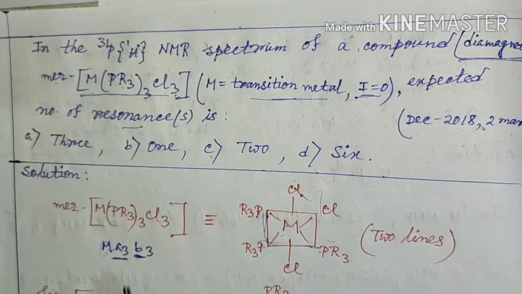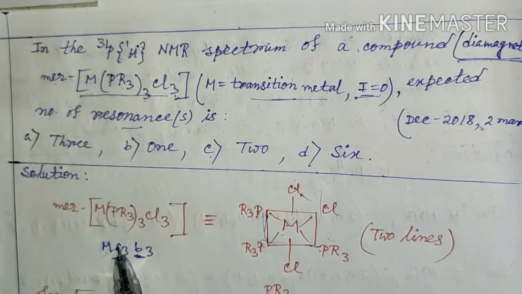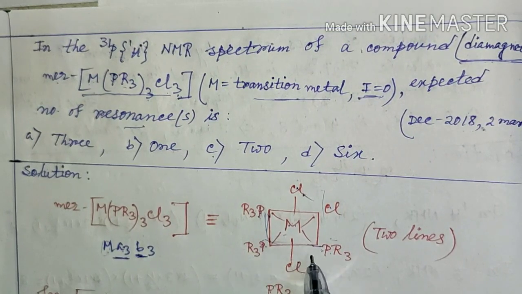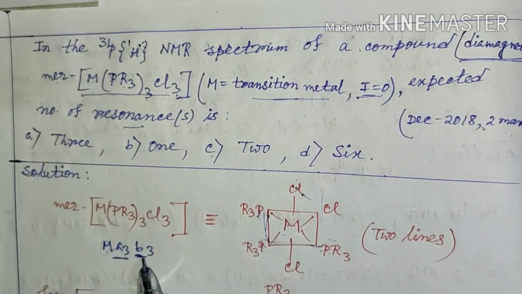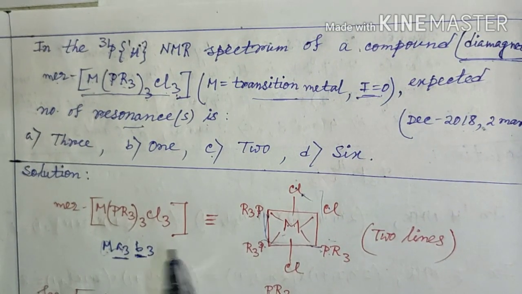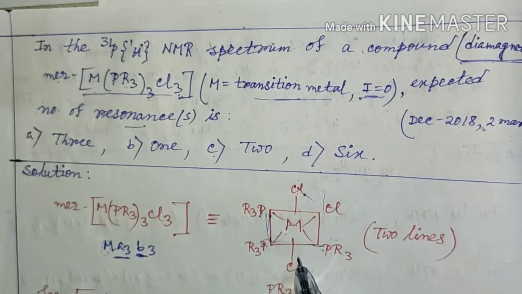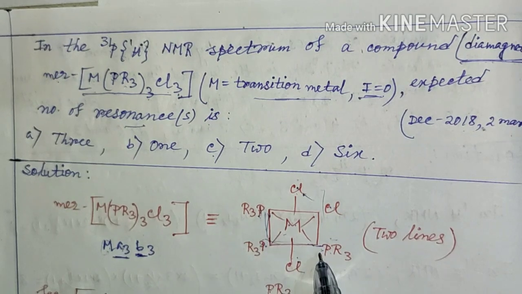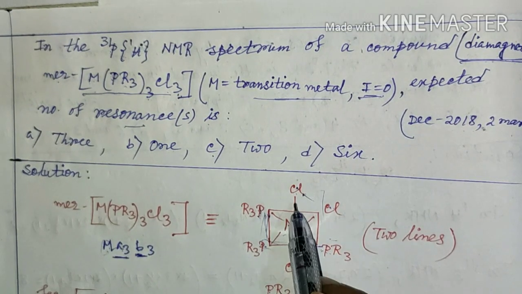Now in that case the plane containing the 3A ligands, that is the 3 PR3 ligands, will be perpendicular to the plane containing the 3B ligands, that is the 3 Cl ligands. As we can see from this structure, the plane containing the 3 PR3 ligands is perpendicular to the plane containing